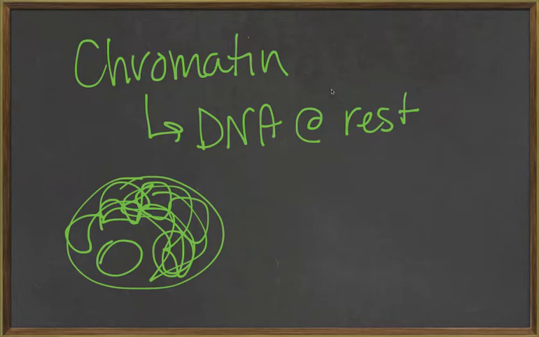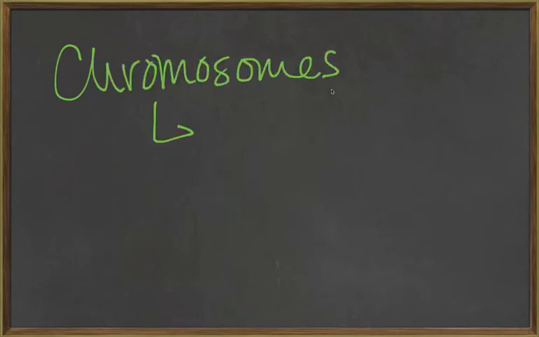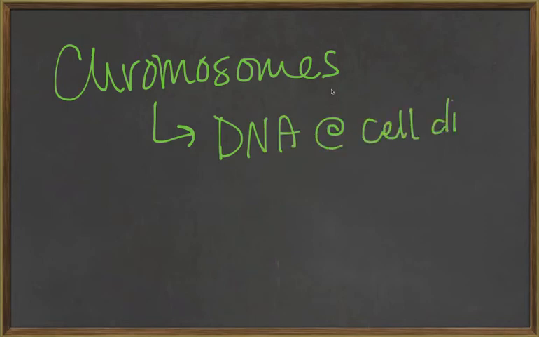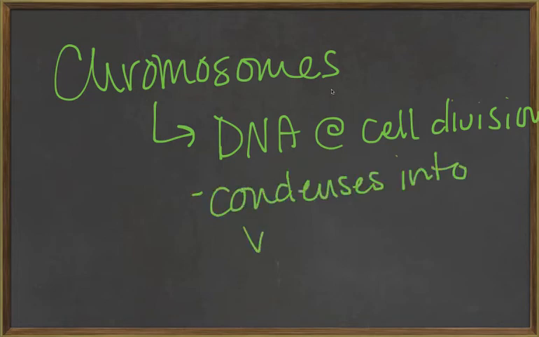However, when the cell starts to go towards division, my cell has gotten big enough that it's gotten that signal that, hey, you need to start dividing. You need to take care of this or you're going to die. Then my chromatin will start to shrink. And chromatin goes into becoming chromosomes. This is your DNA at cell division. This is when your DNA condenses into visible,